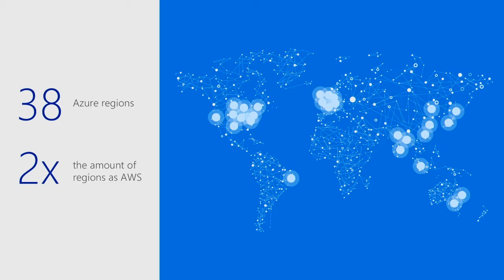I talked a little bit about the U.S. regions for Azure Government. This actually outlines all of the 38 Azure regions covered by both Azure Commercial as well as Azure Government. That's just to show the scale that we operate at, not just within the government environment, but also to demonstrate how we can leverage lessons learned from building a global infrastructure and incorporate that into the government regions, in the way that we do operations, the way that we do security, and the way that we're able to offer a lot of those features that are also available in our Azure Commercial environment.